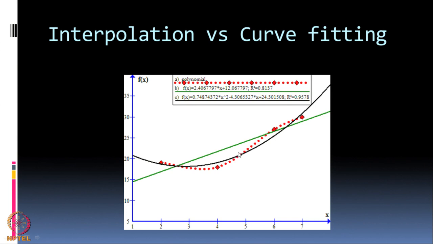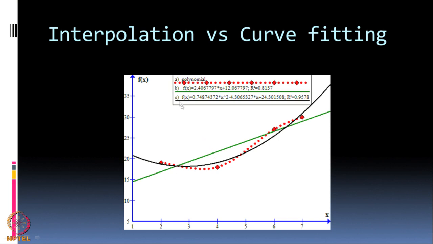Now, before we go further, we also want to talk about curve fitting. Many times when you have lots and lots of data points, or you have these 4 data points, I want to fit them through a curve. What is the simplest curve that I know of? A straight line is the simplest curve that I know of. So, suppose I draw this green line. The green line is the so called best fitting line through these points. The best fitting line does not necessarily pass through those points, but it is the best linear representation of this data. So, the green line is the best fit.